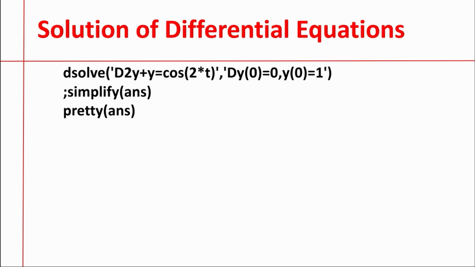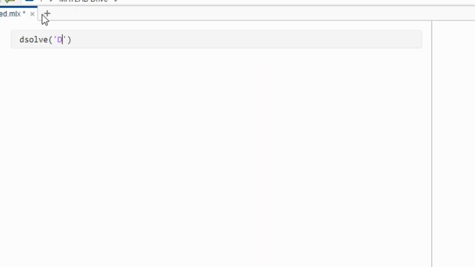This is the same code, not a different code, but here we are taking the initial conditions. Initial conditions are Dy at 0 is equal to 0 and y at 0 is equal to 1. Okay, we will now check how this code works in MATLAB with the initial conditions. So just like dsolve, and inside the parenthesis there will be double quotation marks, and inside the double quotation marks you will type D2y plus y is equal to cos 2t,